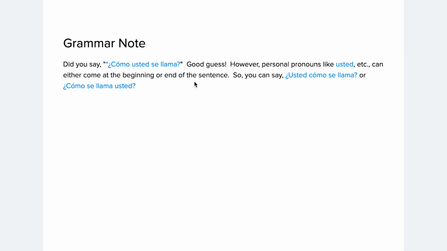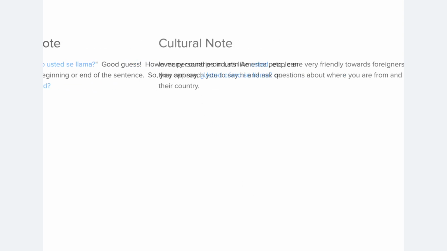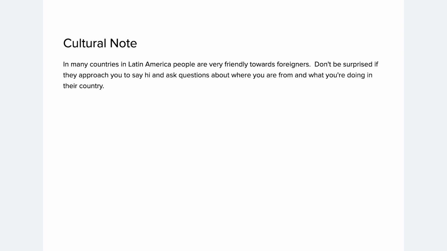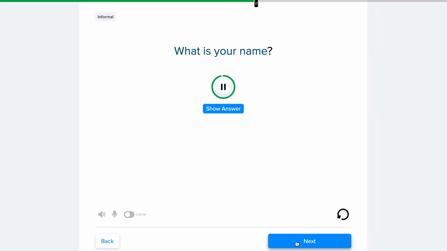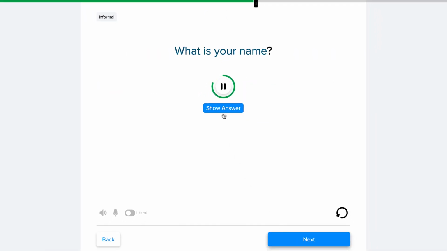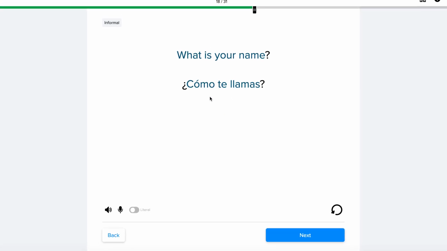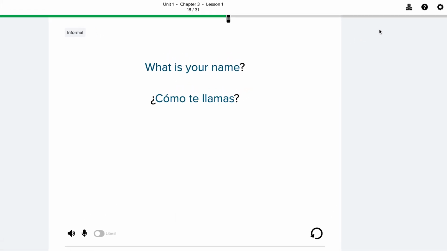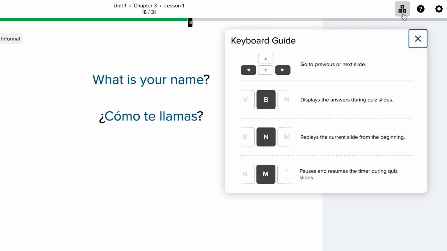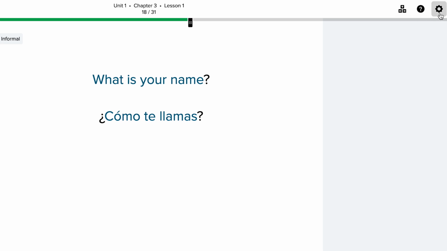Next, we have another type of note, a cultural note. These help to give a little context of culture around the world related to the language you're learning. Let's introduce one more thing. And now, all on your own, how would you ask, what is your name? Mango helps to give you all the building blocks to build up a language and intuitively put it together. Up in the top right, you have your keyboard controls, help and support, and your settings.